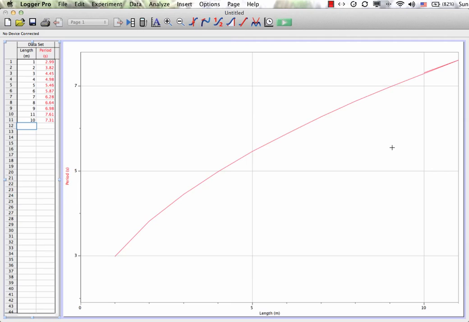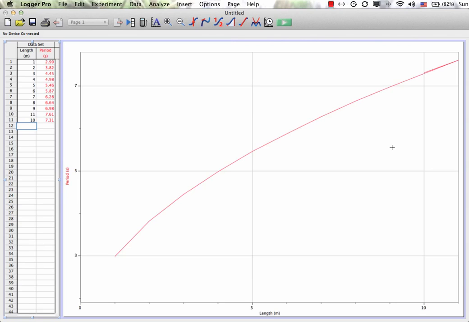At this point, I'm not going to worry about it too much. But now you see that I've got my data in the data table and I have a graph. A couple of things about the graph though. One is we have these lines that are connecting the points. We don't generally want that in an investigation because it implies that the points were perfectly precise, and of course